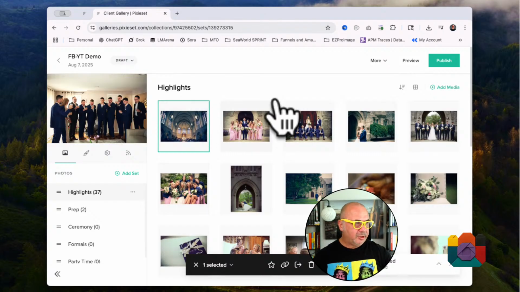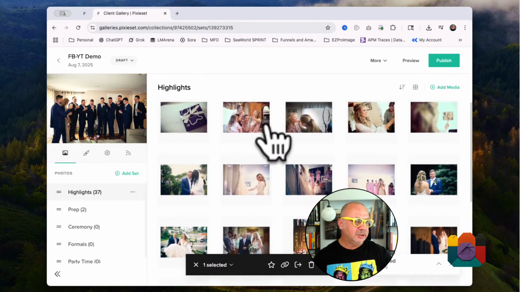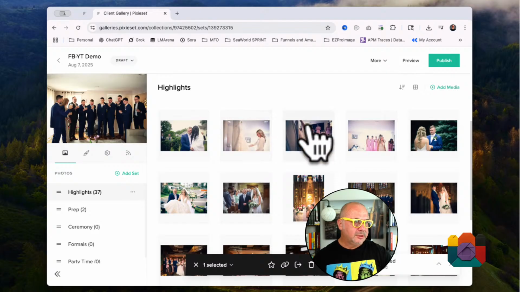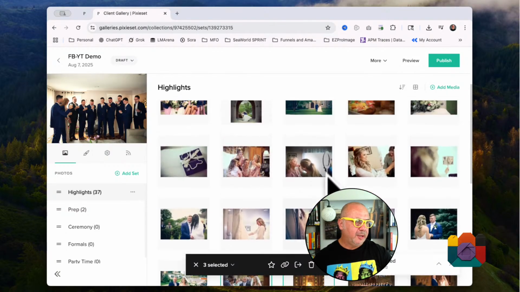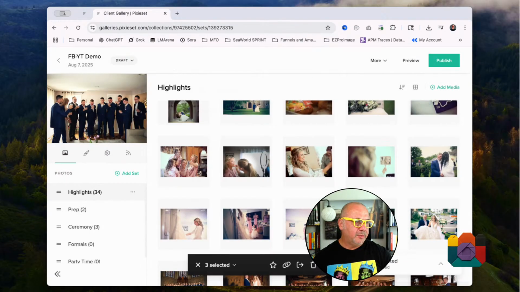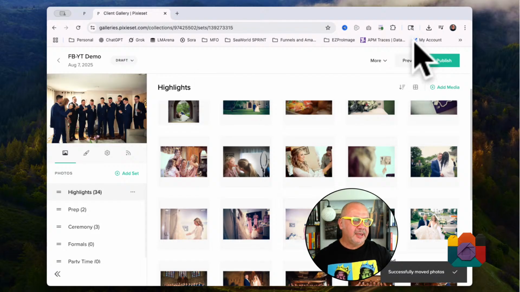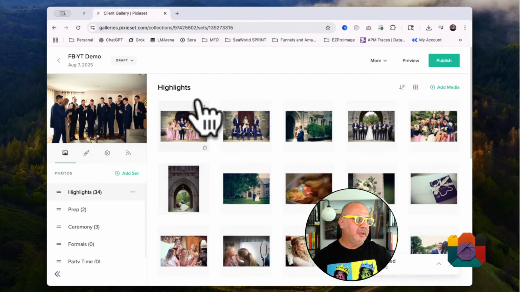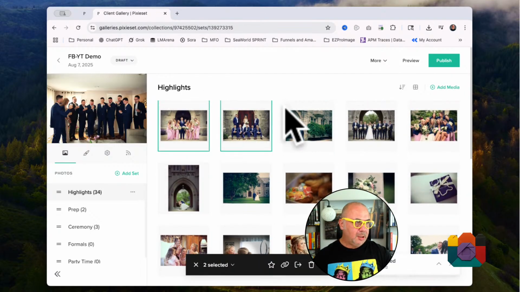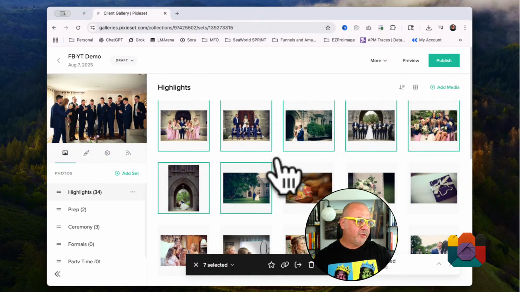So I think with command, I'm on Mac. Yes, with command, you can press command and let's select all the ceremony images. So this is all prep, this is ceremony, this is formals, and I think that's it for ceremony. So again, arrow, move, and this is going to ceremony. And now let's select their formals. Again, I'm not using a lot of images, so bear with me, but formals,